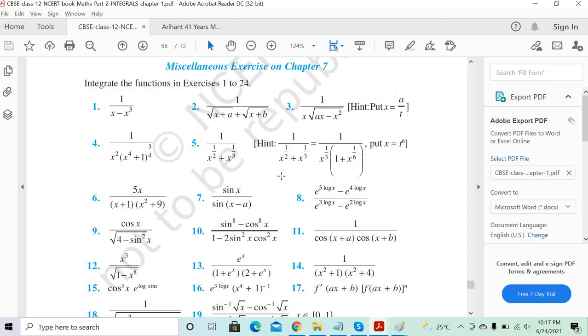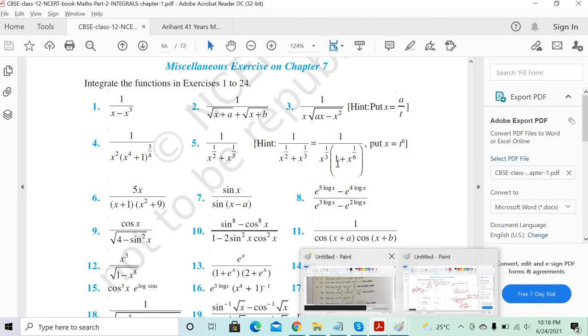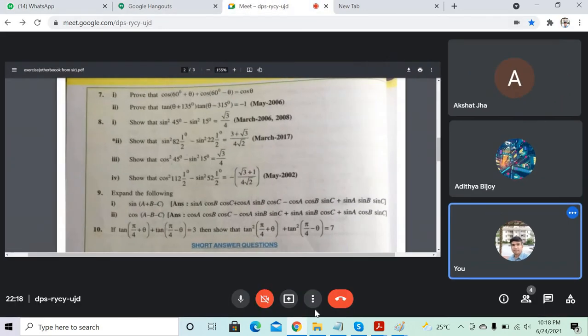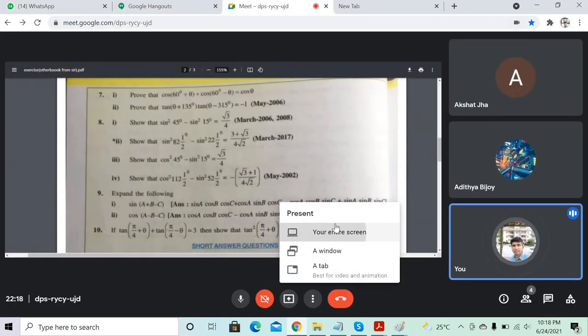Awesome, excellent. But I don't understand the fourth one now. The fourth one is also pretty much the same thing, Vijay. You just have to take common. What should I take? Vijay, you just have to take x power 4 common. Exactly the same as this third problem. You don't get how I take x power 4 common? Okay Vijay, let's understand. Don't worry, we'll resolve your doubt in 1 minute.